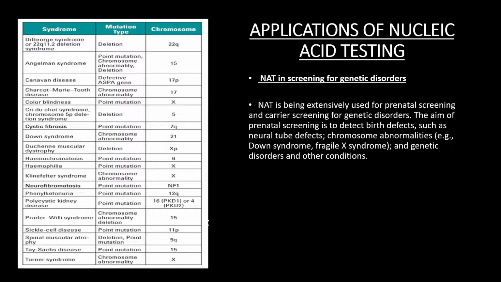Carrier screening, the testing of parents in preparation for pregnancy, is used to identify genetic mutations that could cause serious inherited disorders. Mitochondrial diseases can be caused by genetic mutation in the mitochondrial DNA or in the nuclear DNA. The genetic basis of mitochondrial disease was first discovered in the late 1980s. Since then, mitochondrial disease diagnosis has continued to evolve with improvement in NAT technology.